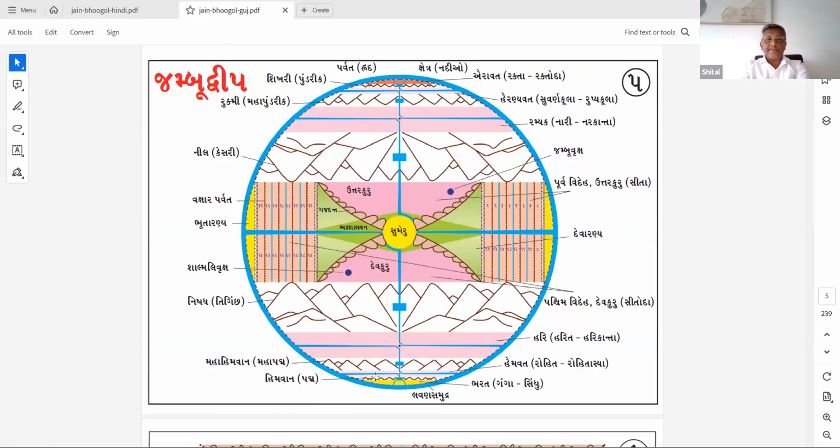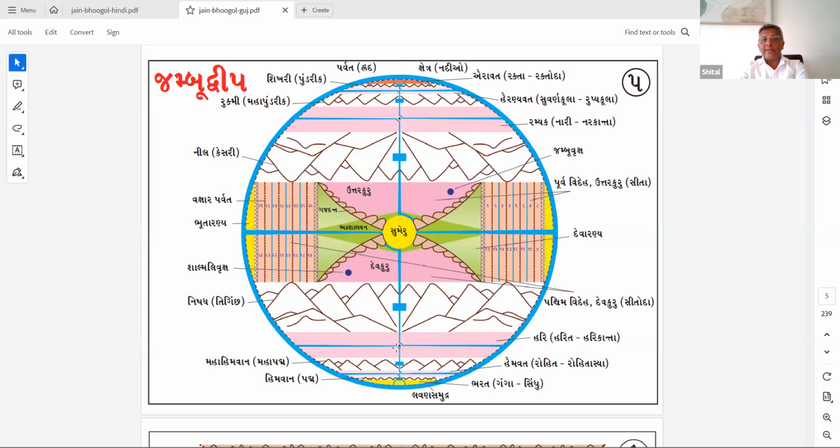Bharat Kshetra. So this is Bharat Kshetra. Once you understand Bharat Kshetra, the formation of the Airavat Kshetra is exactly the same. We've also touched upon what Bharat Kshetra looks like. If we highlight that area, we've divided this, remember, we've divided this